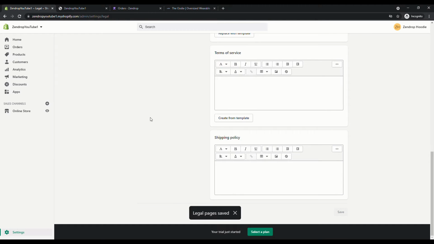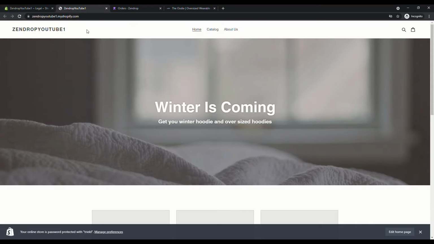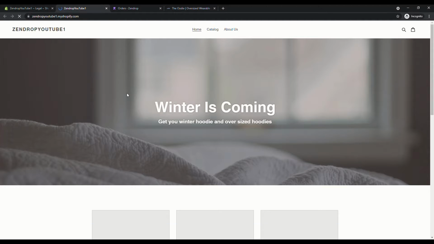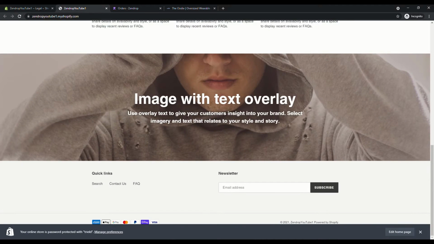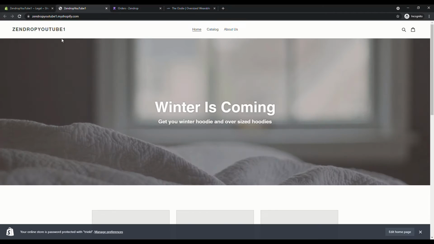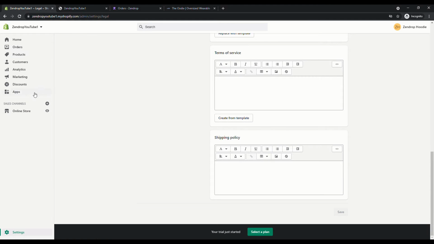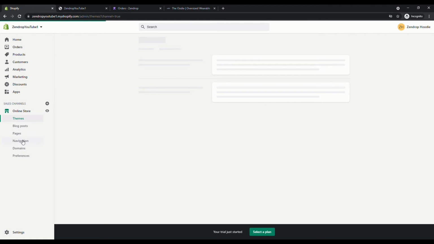And to quickly take a look that they've gone through, if we go back to our store and we just do a quick refresh, if we go down, they're actually not there yet. So the way to actually get our policies to show is we'll go back here, we'll click on store, we'll go to